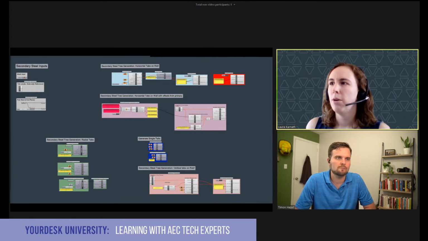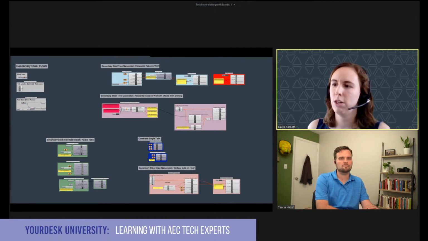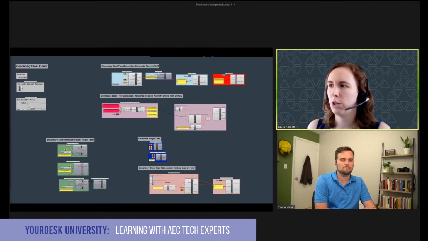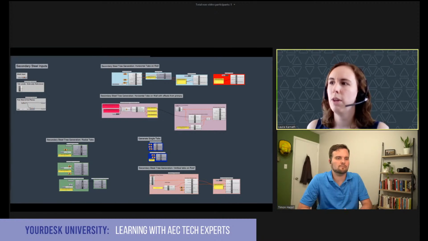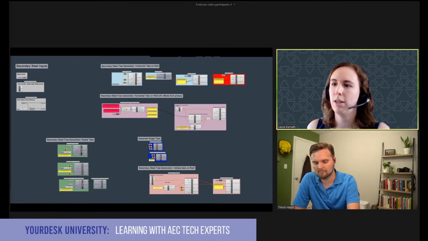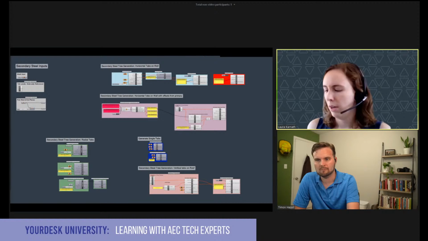But we set up at the beginning, here are some basic components. This is the basic construction of what we're doing. You can use this component to make the secondary structure. But everybody's going to run into situations where the pre-existing components don't really work for them. And so then they have to dig into it and hack it and take it apart and figure out how to make it work a little differently.